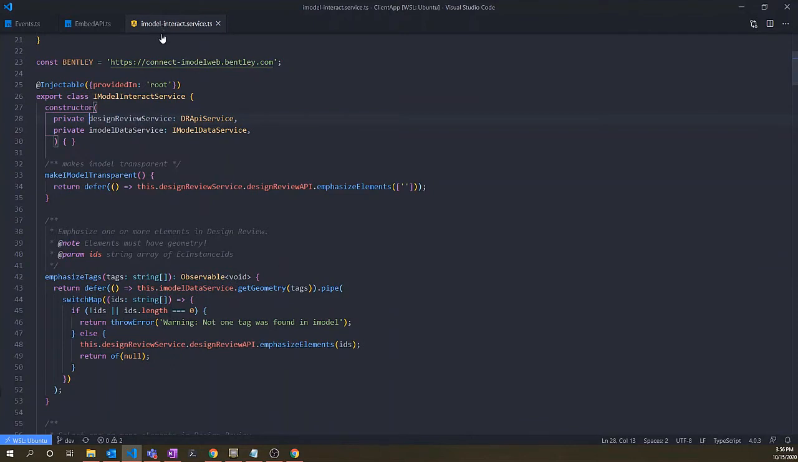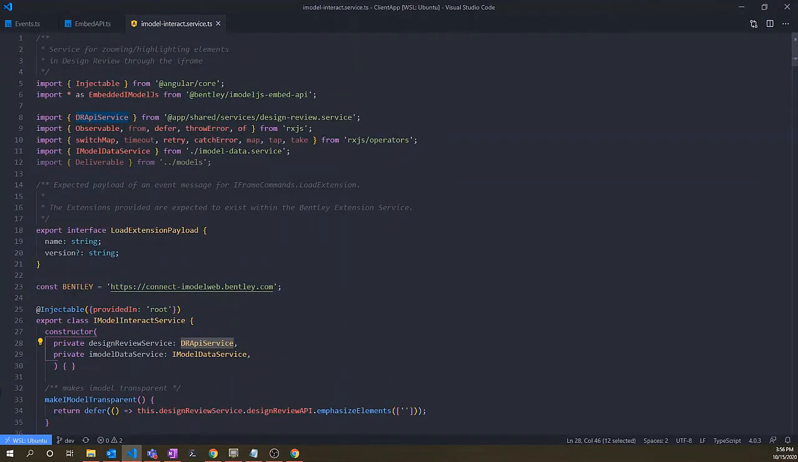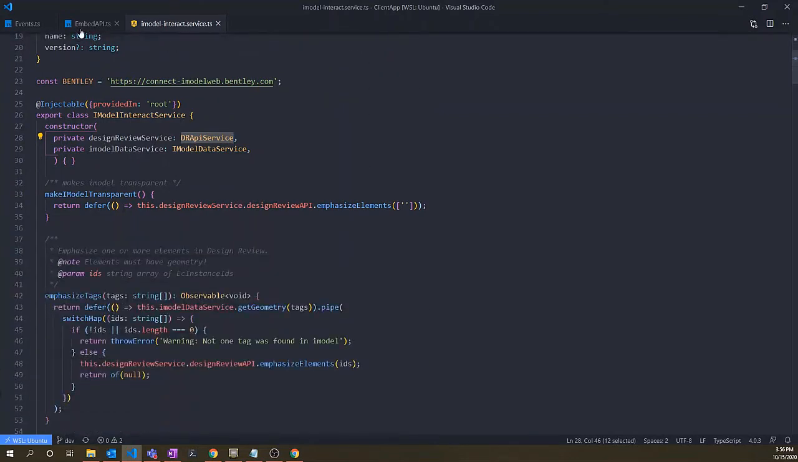If we take a look at the design review service, it's taking this design review API service, which you can see is just a service that I wrote. So yeah,